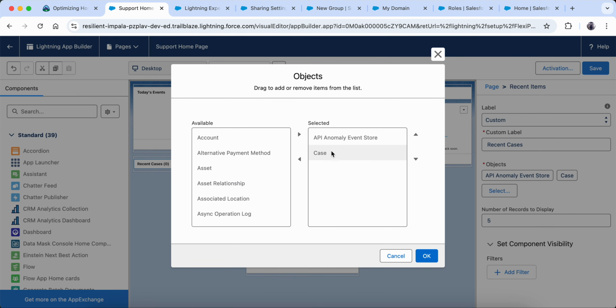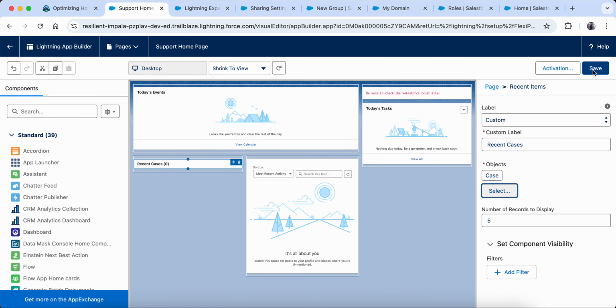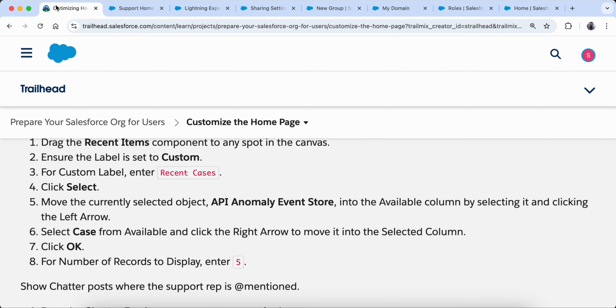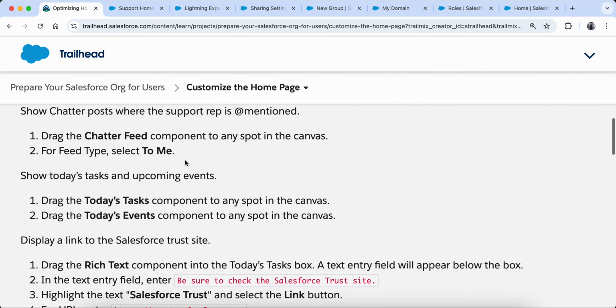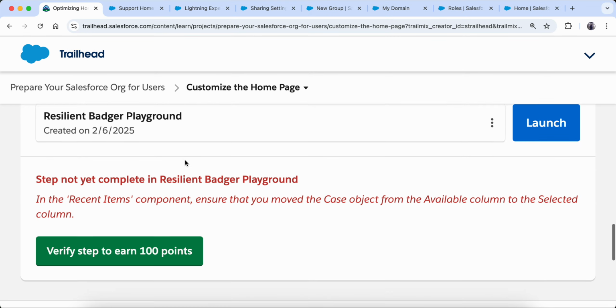That's okay. What they're saying, I have to select this and move them into the available column. Okay, and then from here I selected case and I move it to the selected column. Okay, fine. Now I'm going to save it. So look, these are the little things we come to know, what we did wrong, right? And with these only we learn. So that's why it is very important to do hands on.